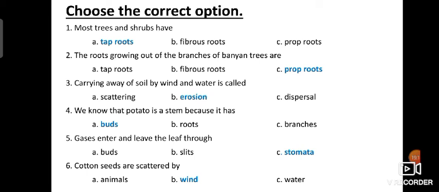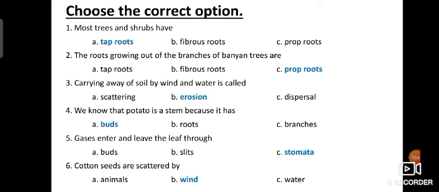The correct option is prop roots. Carrying away of soil by wind and water is called scattering, erosion, dispersal, they are given. The correct option is erosion. Okay, carrying away of soil by wind and water is called erosion.